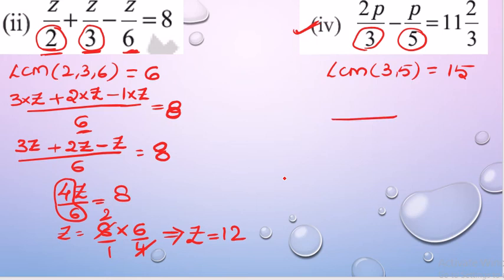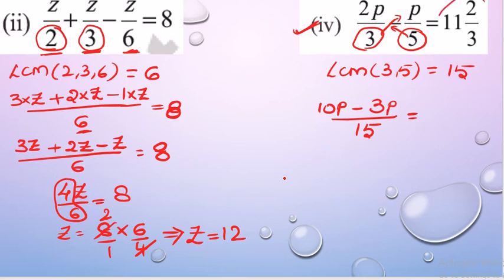So the LCM of 3 and 5 is 15. So write as it is. Since the LCM is their product, I can directly cross multiply. So cross multiply, 5 into 2 is 10p minus 3 into p, is equal to,